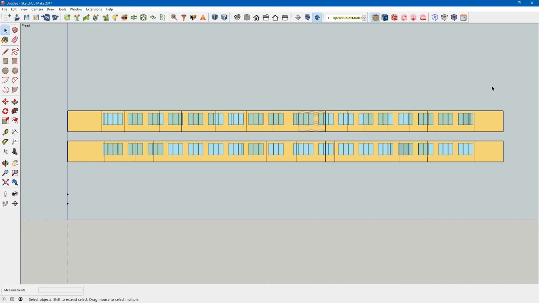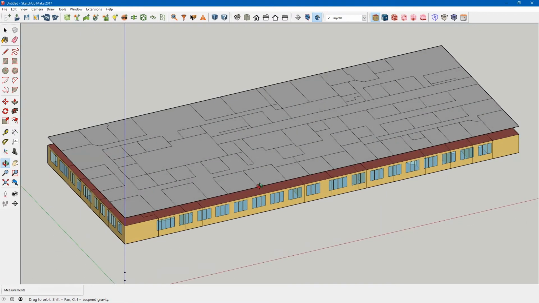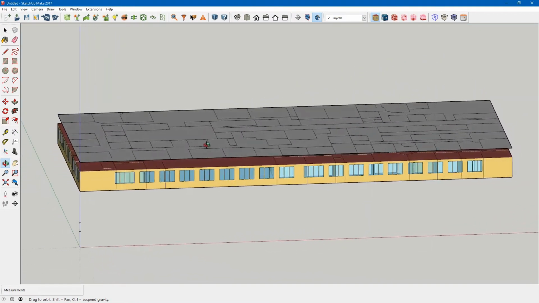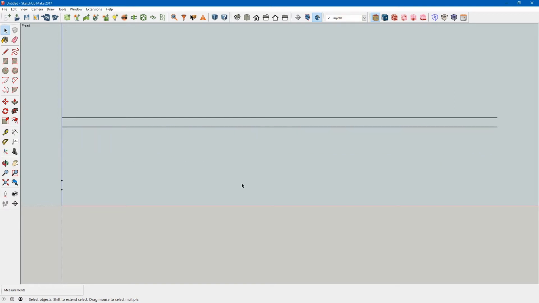And then what we're going to do is select the top and delete it, and that just leaves the floor of the 4th floor. And likewise, we're going to select the bottom of the 3rd floor, and we're going to want to select all of the windows too, and delete it.